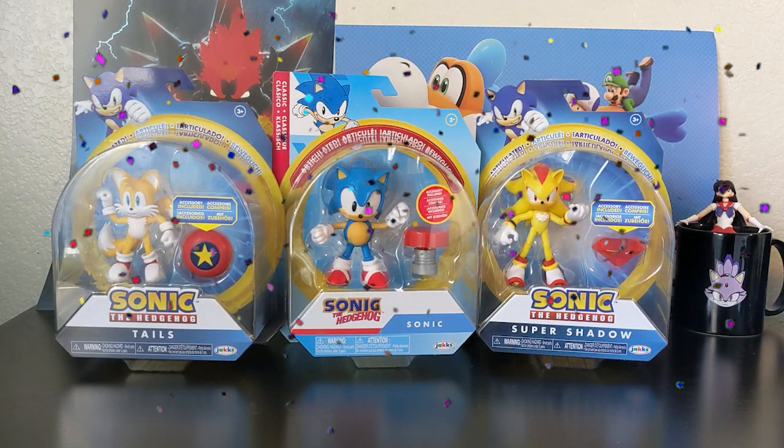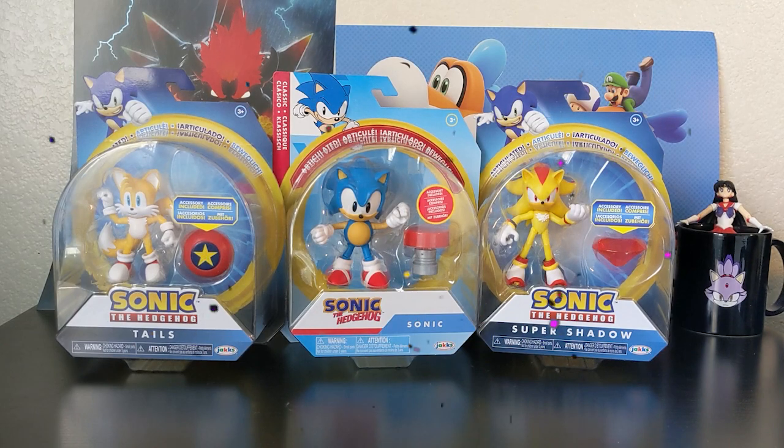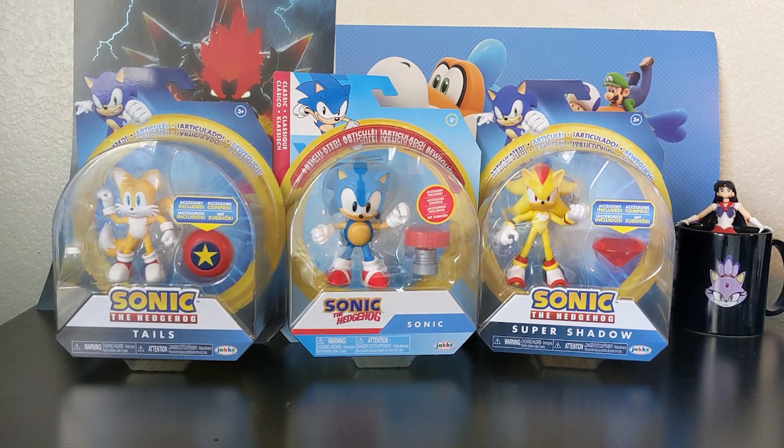That's right, not scuffed release here. I've seen a multitude of people getting these figures all over the place, which is definitely a contrast compared to the complete disaster that was Wave 3's release. Heck, I've even seen people who have never seen a Jakks product in Target in their entire life finding these